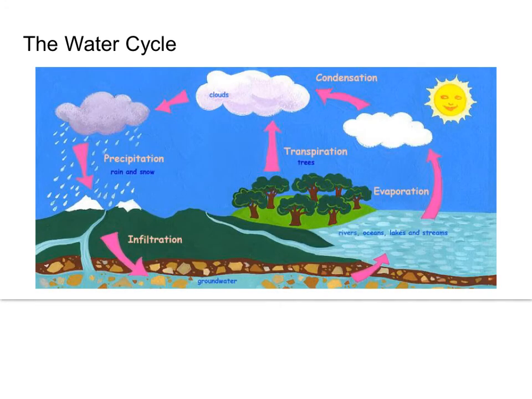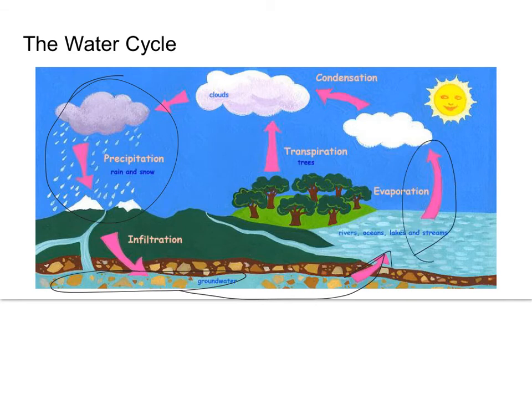So first we'll talk about the water cycle, and this is probably something you've already covered before in maybe 7th or 8th grade. So let's start with precipitation. When it rains, that rain is going to get collected down into the soil, or it's going to run off into rivers and lakes and streams. Theoretically, it will get infiltrated into groundwater, which is down here. And this groundwater is what's going to swell up and feed rivers, lakes, oceans, and streams. And then through evaporation, that's going to go back up into the clouds and feed the rain cycle, okay?